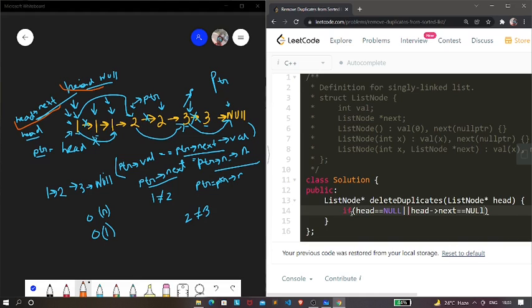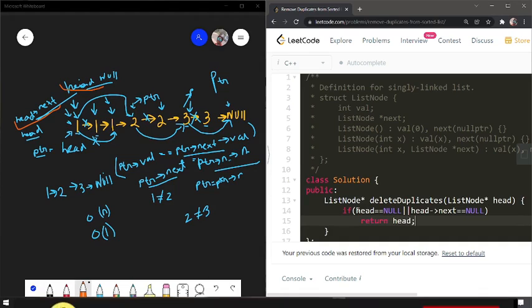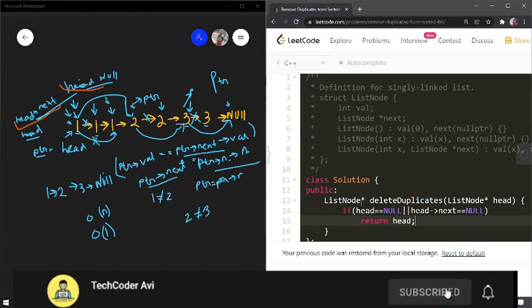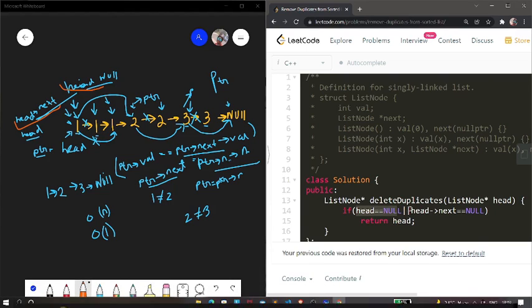If either of these conditions is true, then we're going to just return head, and that's it. This will check whether there is zero elements, and this will check whether there is only one element in our linked list.